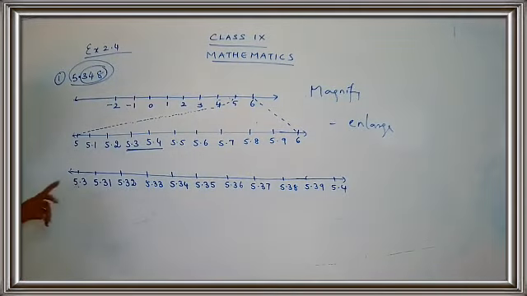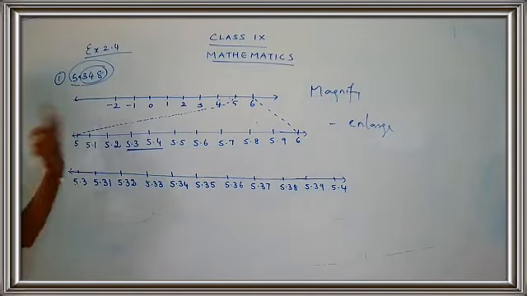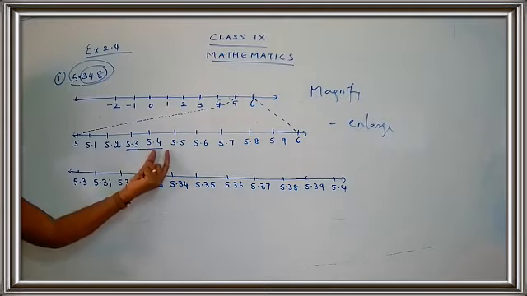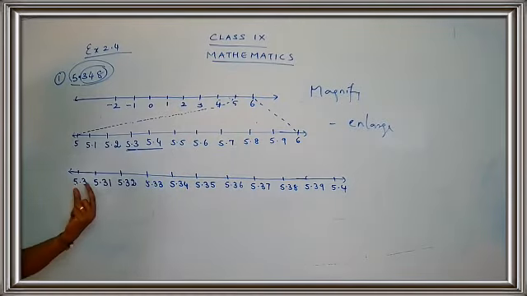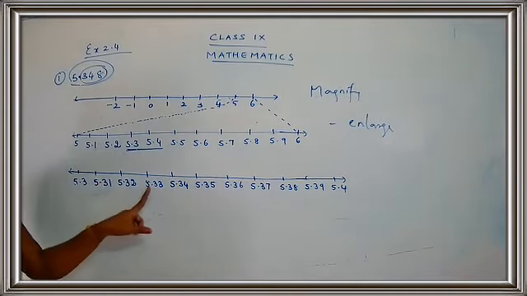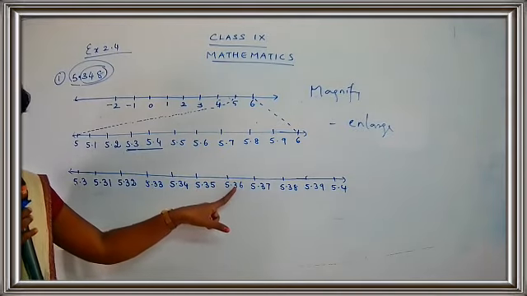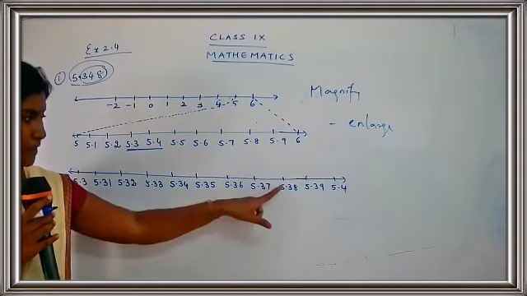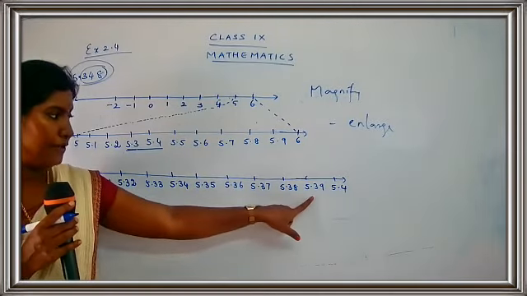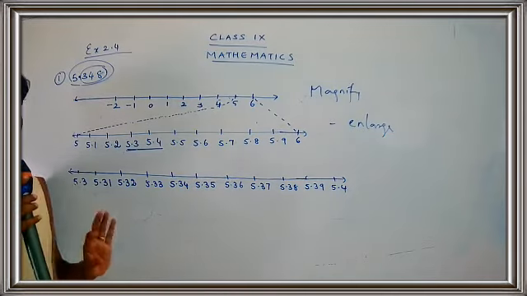So what are the numbers? 5.3 because this is 3. It starts from 3, okay? So don't say 3, 4. I am not taking 3, 4. The number is 3 here. So I have to take the 3 and the next number. That is 5.3 and 5.4. So 5.3 as it is. Then 5.31, 5.32, 5.33, 5.34, 5.35, 5.36, 5.37, 5.38, 5.39 and at the last it's 5.40. Okay, 5.40 means you can write it as 5.4.